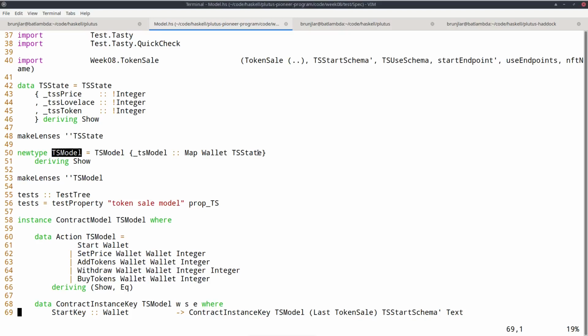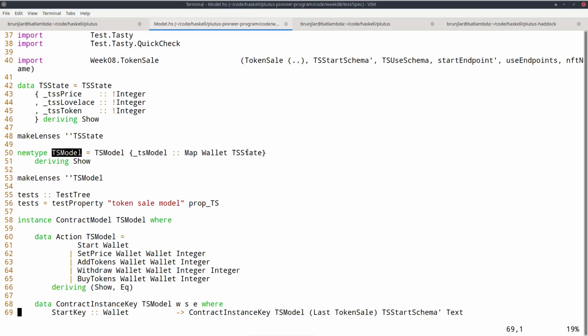So the idea in this test is that I have several wallets, actually only two, and all the wallets run their own token sale. So we will have two wallets, and each of the wallets will run a token sale contract, and we will have two tokens, and the two wallets will trade different tokens.